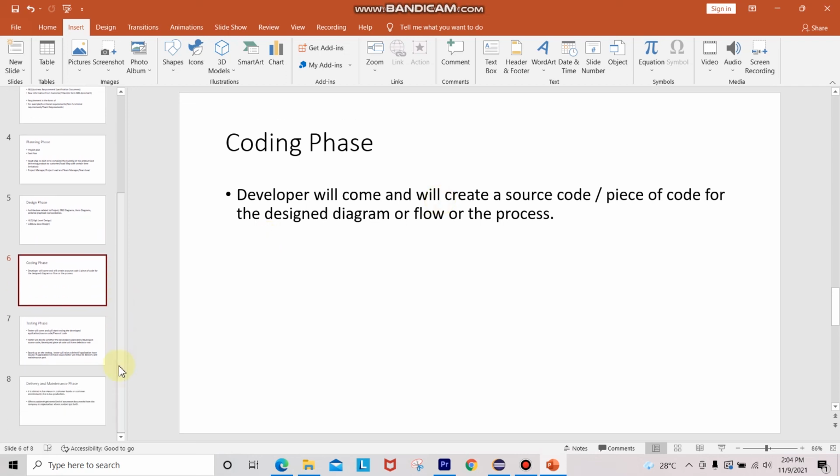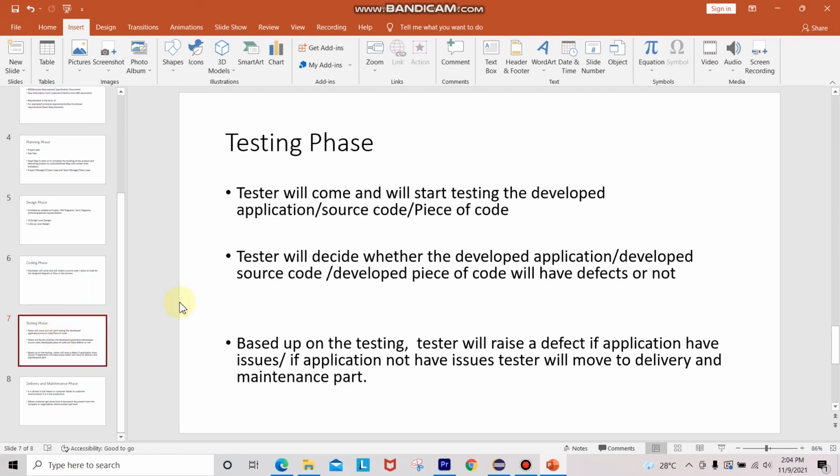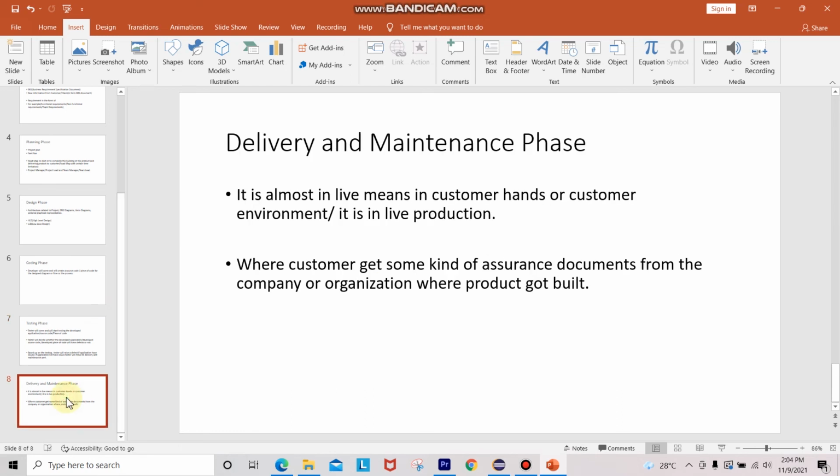Once that is done, the tester will come and start the developed application or source code, and he will start testing that code. The tester will decide whether the developed application is behaving correctly or not. Based upon the tester's confirmation, that code will go into the delivery and maintenance part.